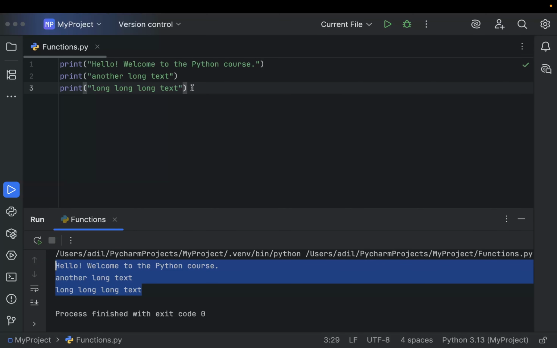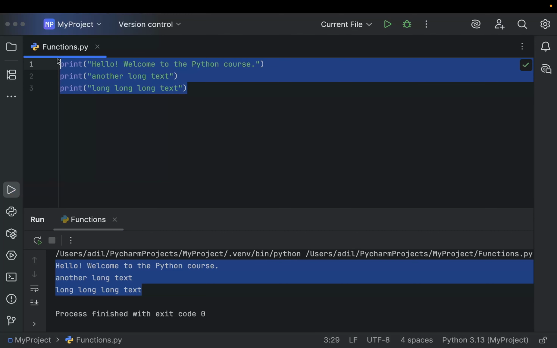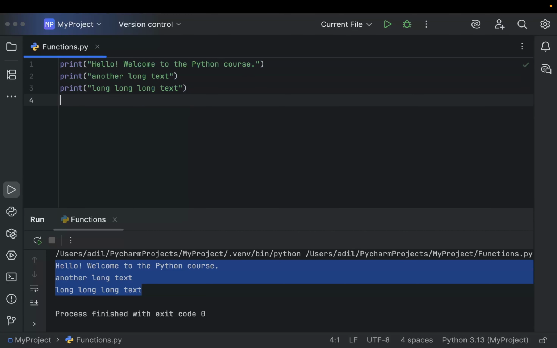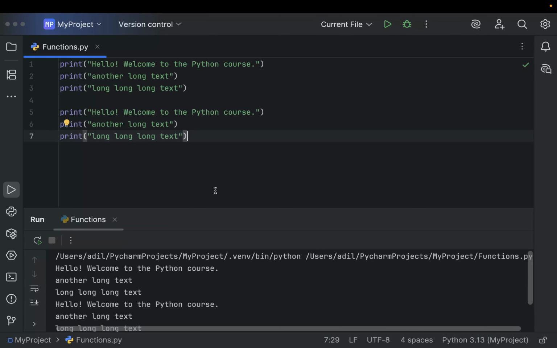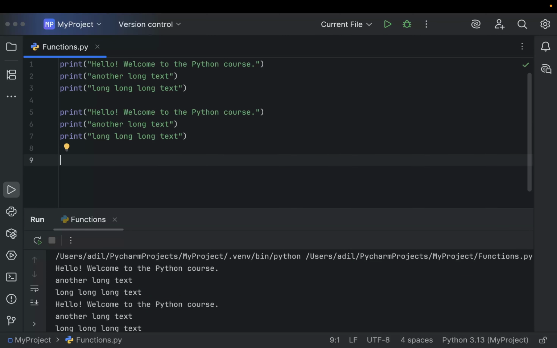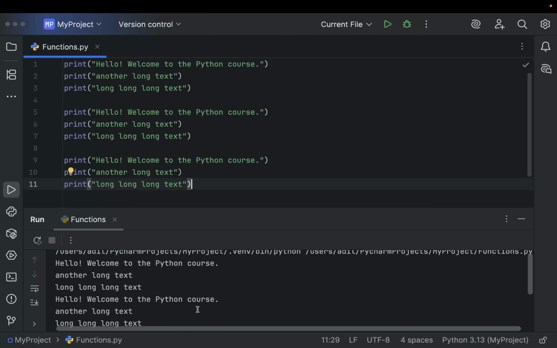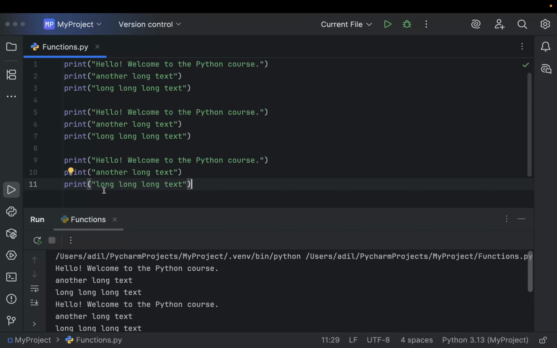But now let's say you come to a situation where you need to print this again. So what you have to do is copy this and paste it below, then run the code. Okay, those got printed. Now let's say you want to print them again. So if you run the code, they got printed again. But now you can see, to write these 3 lines, we have to write some 11 or 9 lines